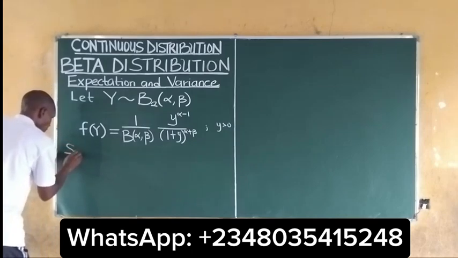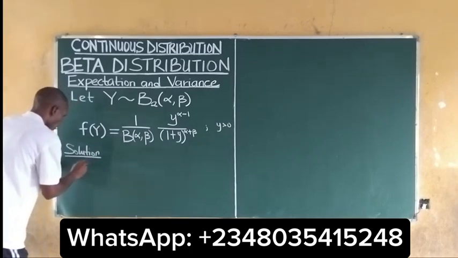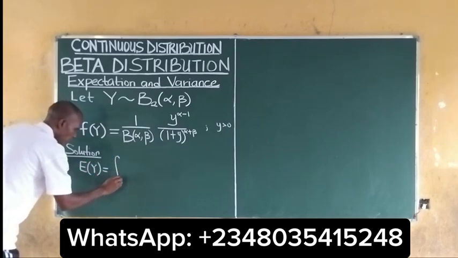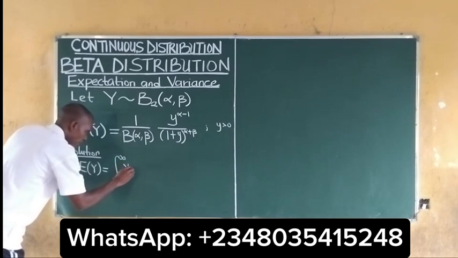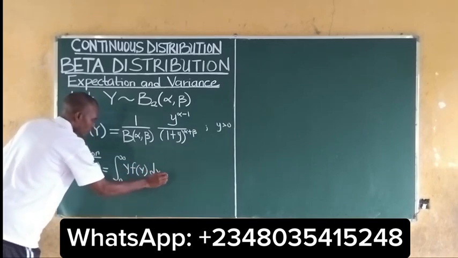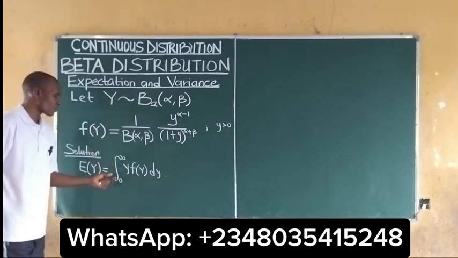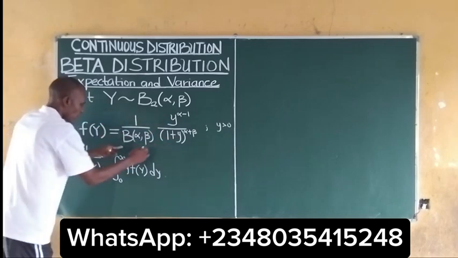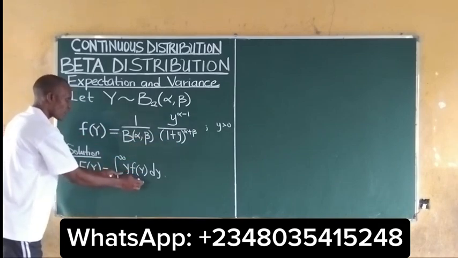Solution. The expectation of y is equal to the integral from 0 to infinity of y multiplied by f of y dy. So this is the expectation for the beta distribution of the second kind. The next thing to do is to infuse the PDF into the expectation. So if we put the PDF into the expectation, we get